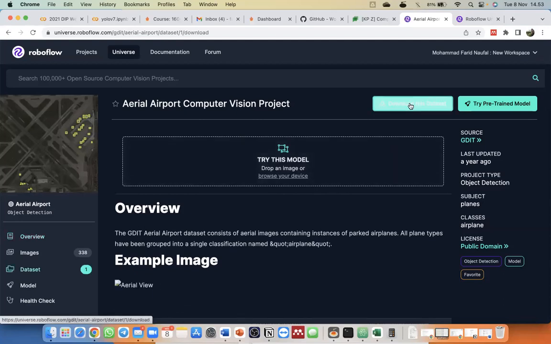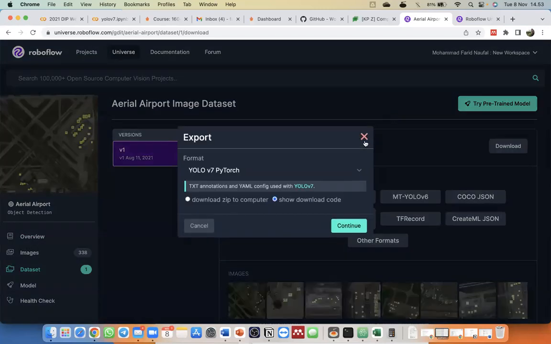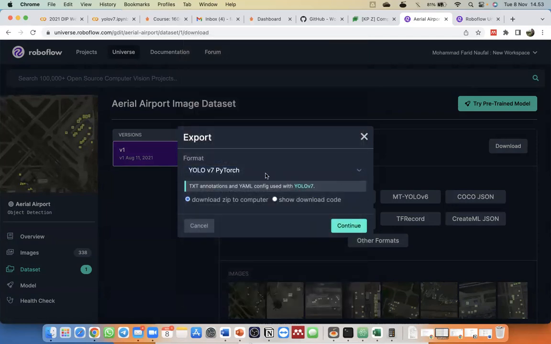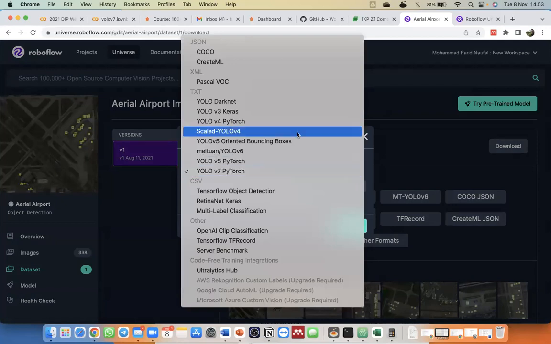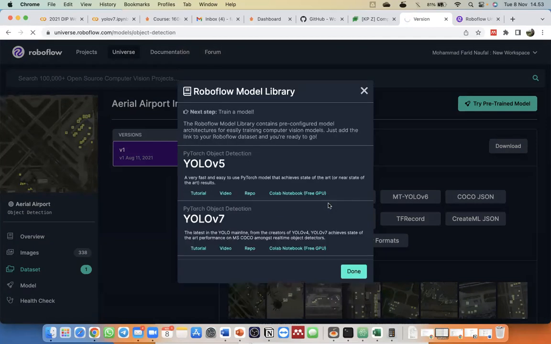So, yeah, you can just download it. Then we download zip to computer, ya. Yeah, we can use the YOLO V7 PyTorch. The format we choose is the YOLO V7 PyTorch. Then download into our computer. Okay, done.